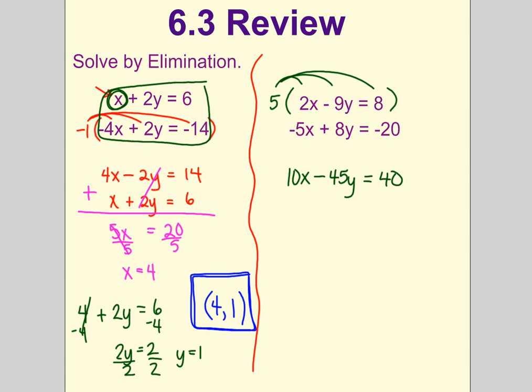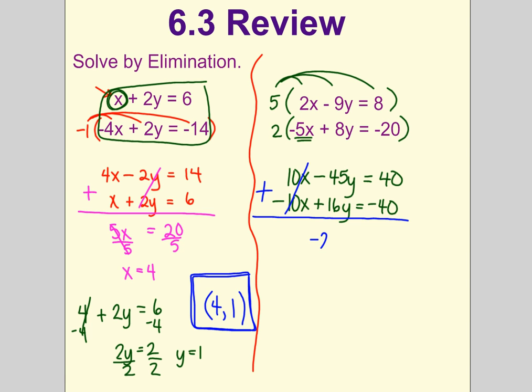Alright, so the top equation is a 10x. We want the bottom equation to be a negative 10x. Well, the x is already a -5. If we multiply it by 2, that will get us the negative 10x. So multiply the entire bottom equation by 2. Negative 10x plus 16y equals negative 40. Alright, now we go and we add these two equations together. 10x plus negative 10x is 0, so that cancels away. Negative 45y plus 16y